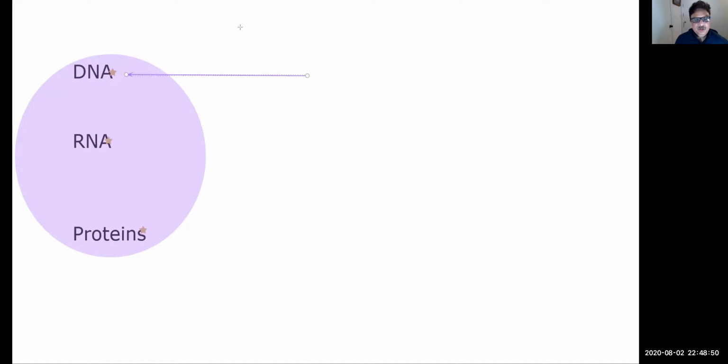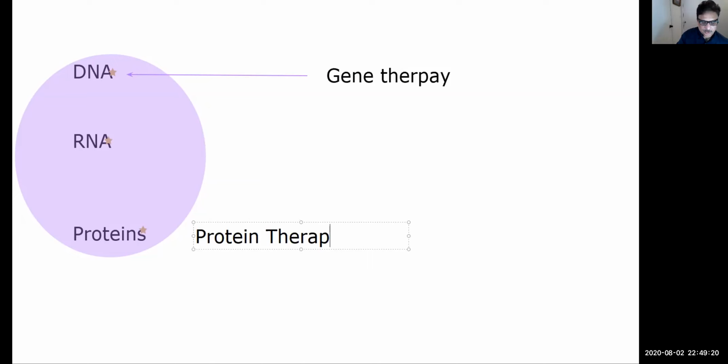If the DNA has mutated, it can be treated by replacing it with healthy DNA, and this process is called gene therapy, right? A protein could be replaced. For example, let's say Fabrizyme that I talked about, it can be supplemented. So that could be called protein therapy, right? If a protein is bad, then we can put in extra protein or a normal protein.